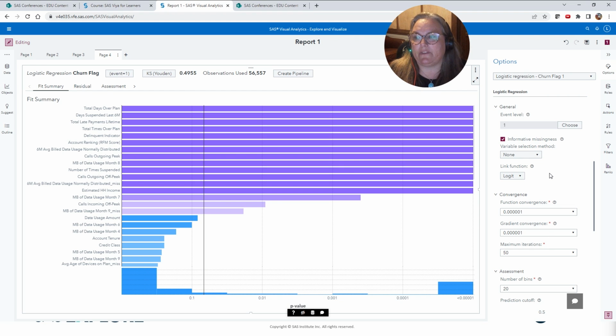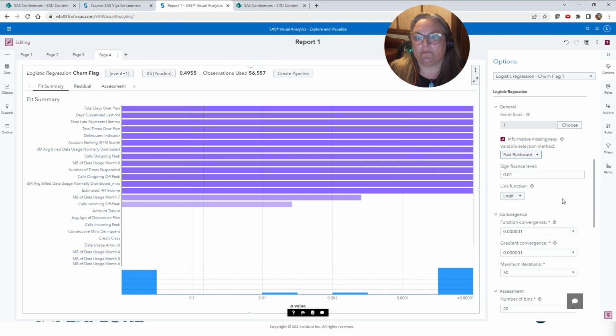I do not have a variable selection method. I could select one. I like fast backward. So you can see our non-statistically significant observations have been removed. I could change my significance level.